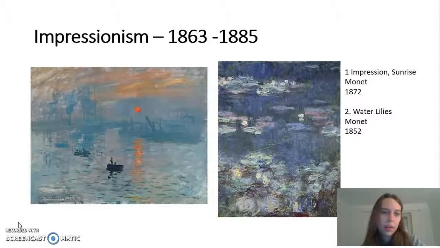Impressionism. Monet's painting Impression, Sunrise gave the name to this movement. A critic called it an impression of a painting. You can recognize Impressionist art by the short brushstrokes. Things are not finely finished, and the piece may look like you're seeing it from a glance. They often use vivid colors.